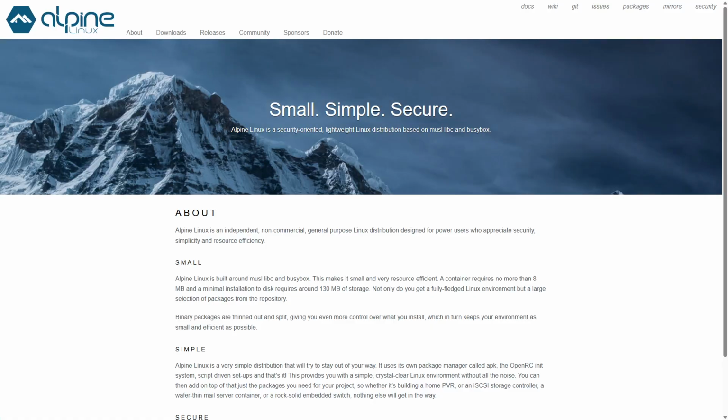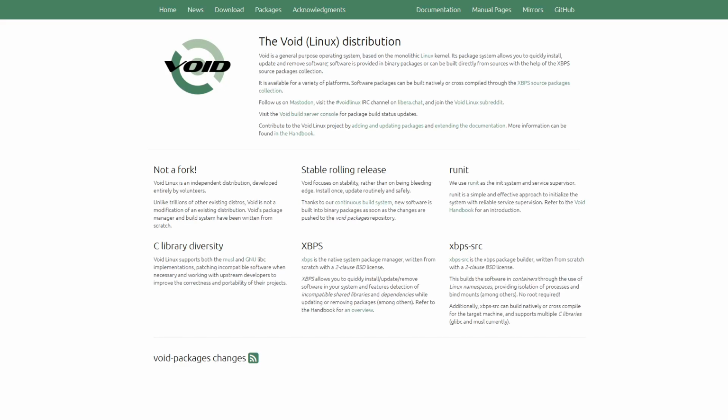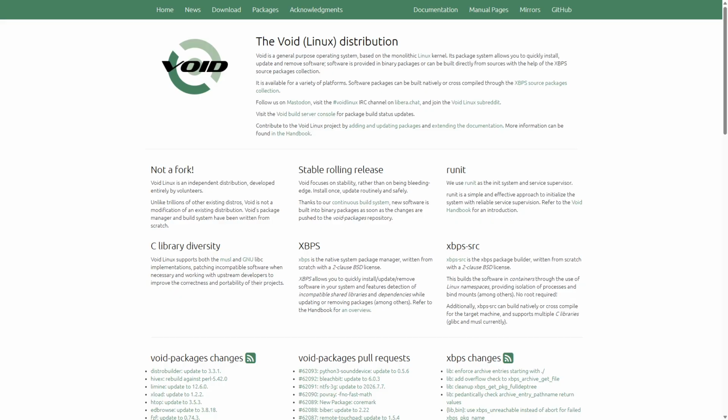Choose Alpine Linux if you need a secure minimal base for containers or servers, and are comfortable with musl and a lean environment. Void Linux is recommended for users seeking a flexible rolling release distro with glibc support and runit init, ideal for desktops and general-purpose systems. Both distros are excellent lightweight options, so pick the one that aligns best with your priorities in security, compatibility,